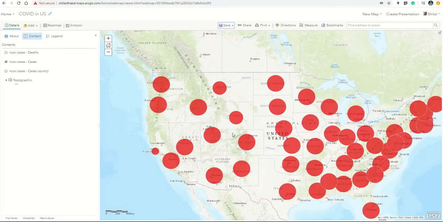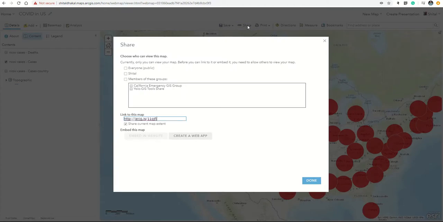Okay, so once I have saved my web map, the other thing I would do now is I would go to the dashboard experience and start building a dashboard. Now, there are multiple ways of doing it. You can go to your ArcGIS Online content pane and start creating a dashboard there. But what I like is to create a dashboard right from here, going to the share button and